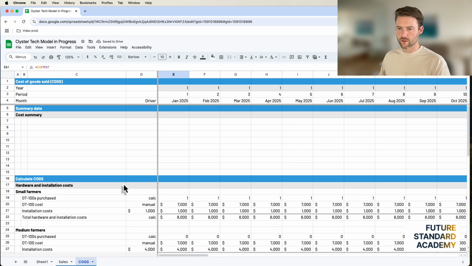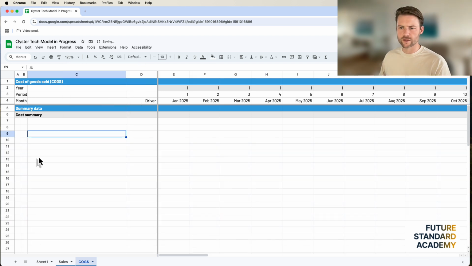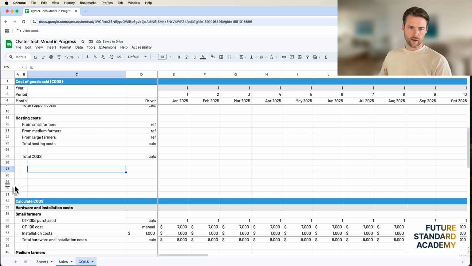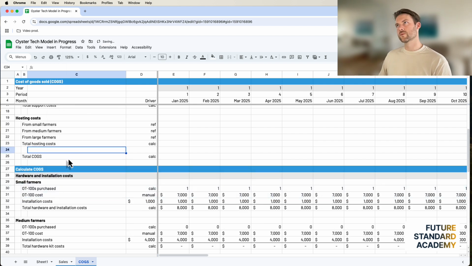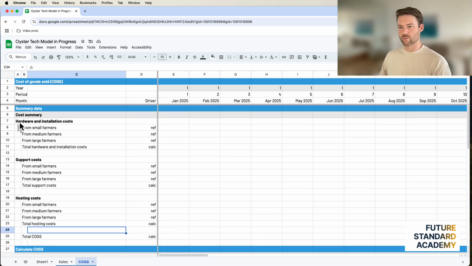Now we got to go to the top, roll all this up into a summary. It doesn't matter how you summarize this data, by the way. Something logical, whatever makes sense for your own analysis too. Maybe you're more interested in how one thing works over another. Maybe you're interested in seeing the cost structure in a certain way, so maybe you want to see the proportions between hardware installation versus support versus hosting. So you're going to set it up like that.